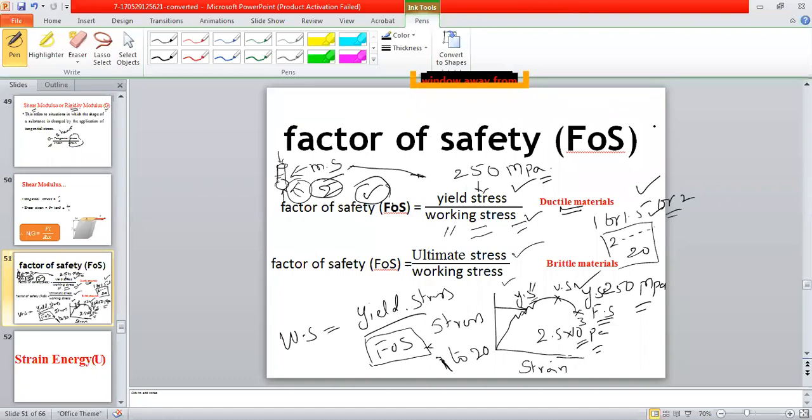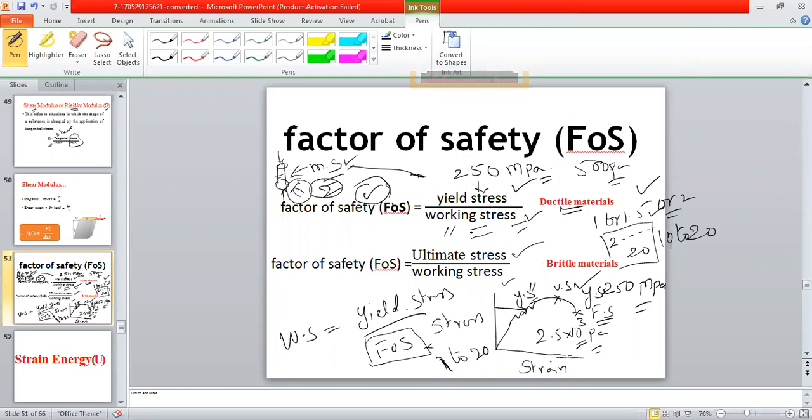If I need to consider the aeroplane, designing it with the same material, mild steel, then the factor of safety must account for the persons traveling in the aeroplane, nearly 500 persons. Therefore, the lives of the persons need to be considered, so I need to consider the factor of safety as 10 to 20.